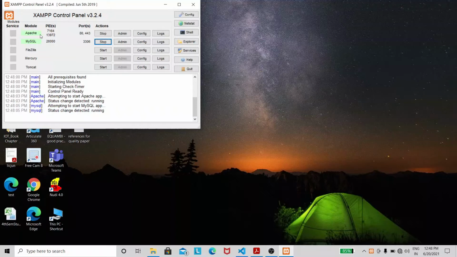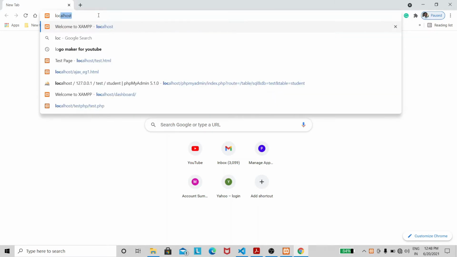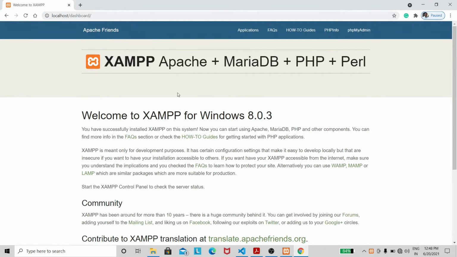Once we see the green color over here for Apache and MySQL, it means that the XAMPP has started successfully. So let's open the browser to check whether Apache server has started or not. For that, you have to type localhost. Yes, if you get this page displayed, then the Apache server has been started successfully.